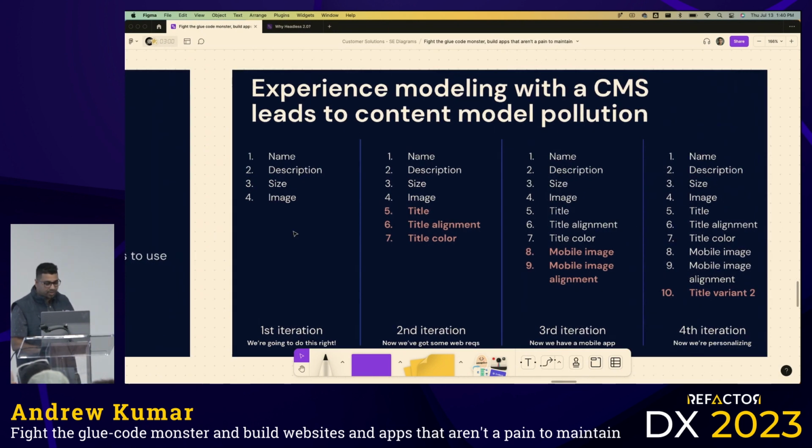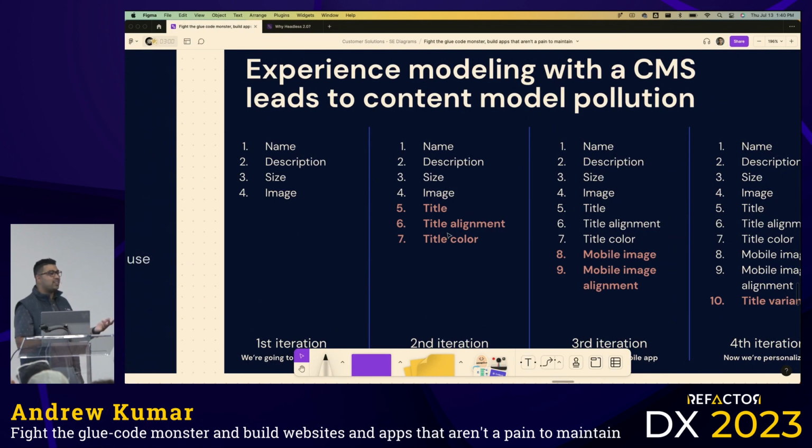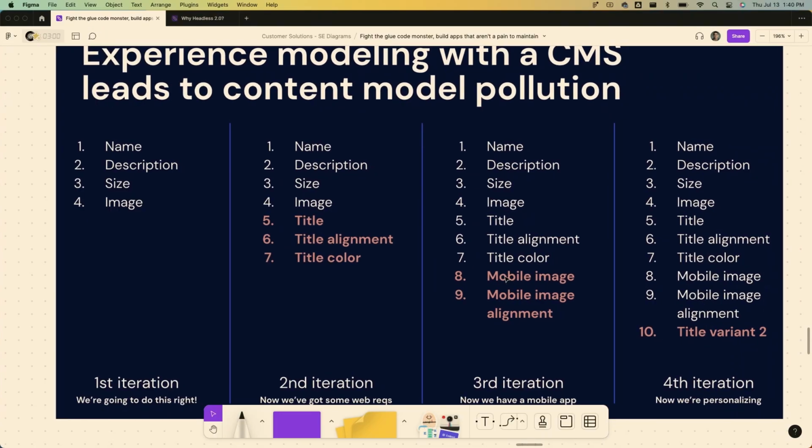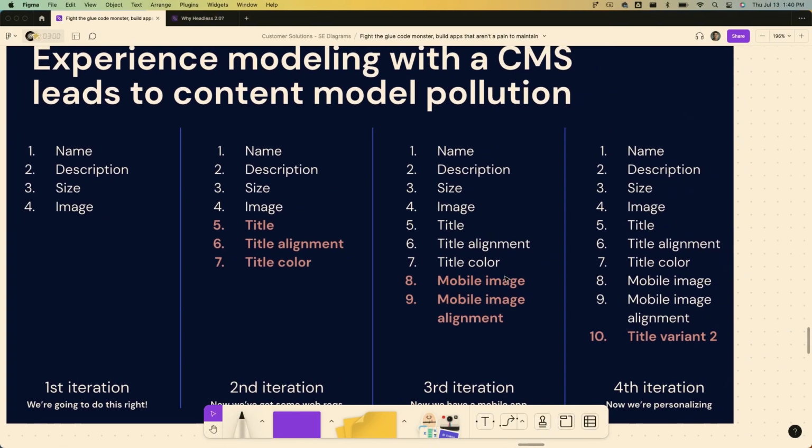In the first iteration, it kept pretty simple, but now you're adding things like title alignment and title color to be able to manipulate what's happening in the view. Then you might be adding different images for mobile devices. Then you're adding in variants, and before you know it, you have a lot of glue code to accommodate these variations, and a difficult content model in your CMS or in